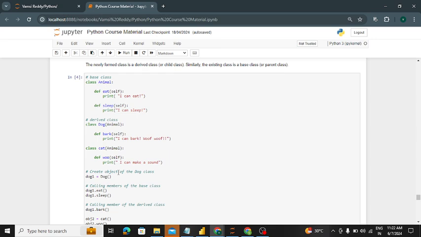The syntax is the same like this. Instead of obj1, you can say cat1, cat2. You need to create multiple objects for the different derived classes. Here dog is a different class and cat is a different class, so you need to create different objects for each one.